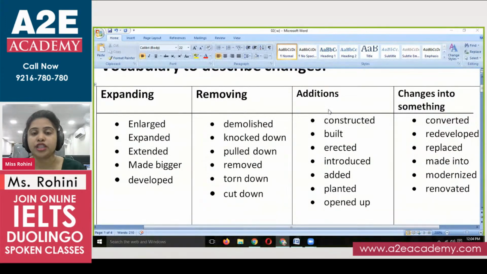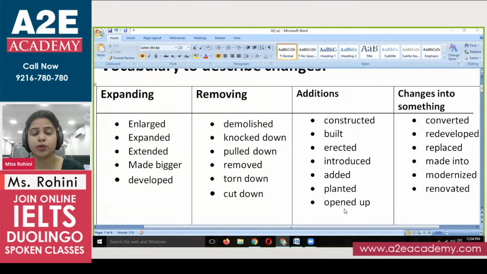Okay, then for addition, if something is newly constructed or added, for that: constructed, built, erected, introduced, added, planted and opened up. Planted is basically for trees. We do not use this word for any other thing. We use it for plants. And opened up is for